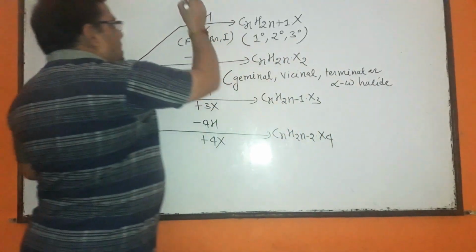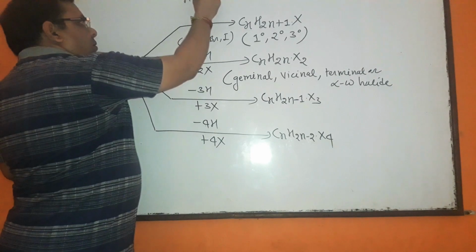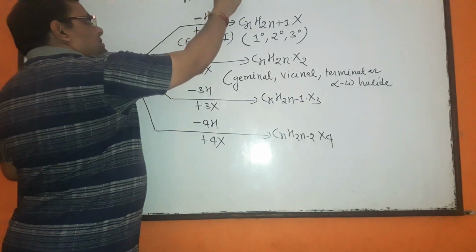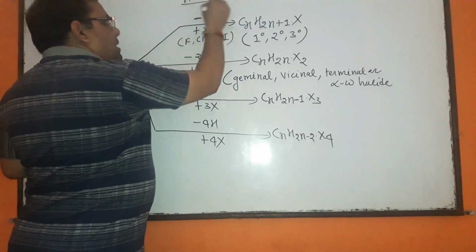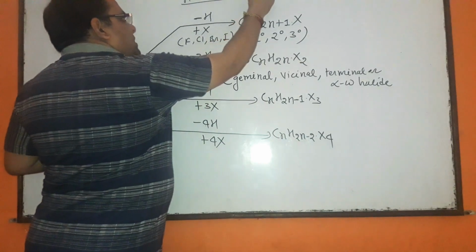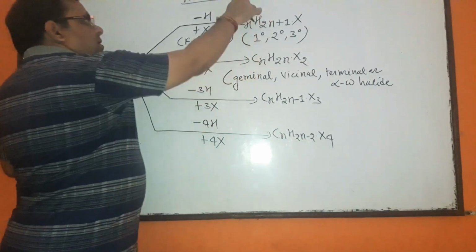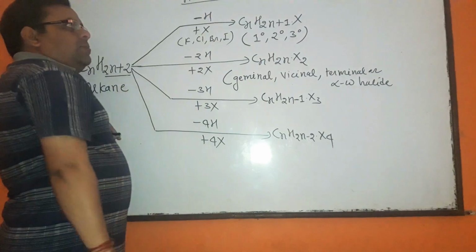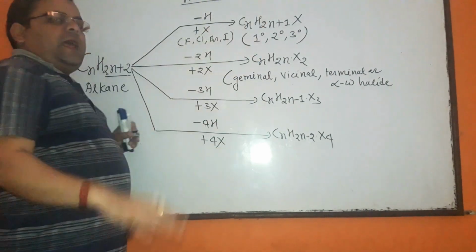So what is haloalkane? What is haloalkane? एक बार फिर से हम इसको रिवाइज कर लेते हैं. What is haloalkane? Haloalkanes are simply represented by RX. In place of R we can write any alkyl group, and in place of X we can write any halogen